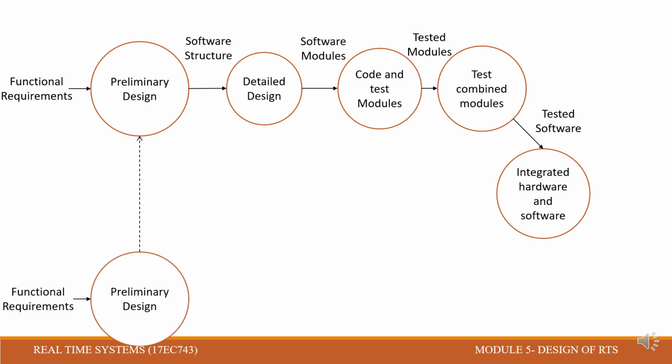Then there is something called integrating hardware and software. So what about the hardware? Here we have a preliminary design for hardware planning. For hardware design, the first stage involves some questions that will arise in our mind, like the board structure needed to design the system. Here also we need to arrive at a detailed design for hardware structures.